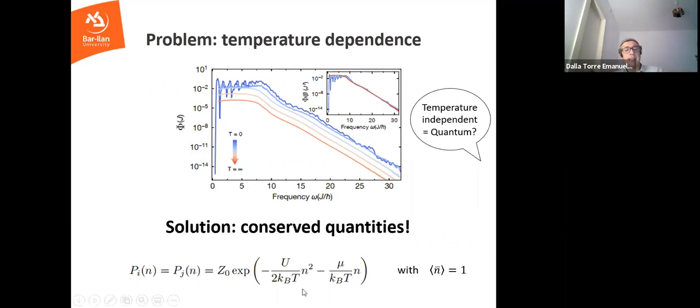So the correct Gibbs distribution is not only e to the minus beta h, this would be this term, you also need to take into account the total conserved quantities. And here, I need to add this minus mu n, minus beta mu n, right? You need to add a Lagrange multiplier that ensures that you have the correct number of particles, because the correct number of particles is determined by the initial conditions. In this case, in the experiment at least, they had one particle per site. So you need to fix mu such that the number of particles is fixed. And now see what happens.